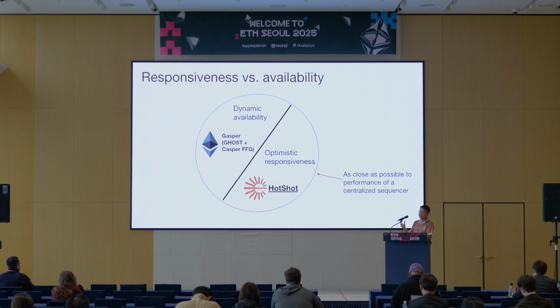We've built Hotshot so that it can scale without much performance degradation to hundreds of nodes. So the ultimate goal is to scale to the size of the Ethereum validator set. And with tools like restaking, we can have the economic security and the validator set of Espresso essentially mirror or be the same as the Ethereum validator set, but with this different property. No matter what consensus protocol you have, you can't have both of these properties, but you can have one. So that's what we've chosen to do with Espresso.